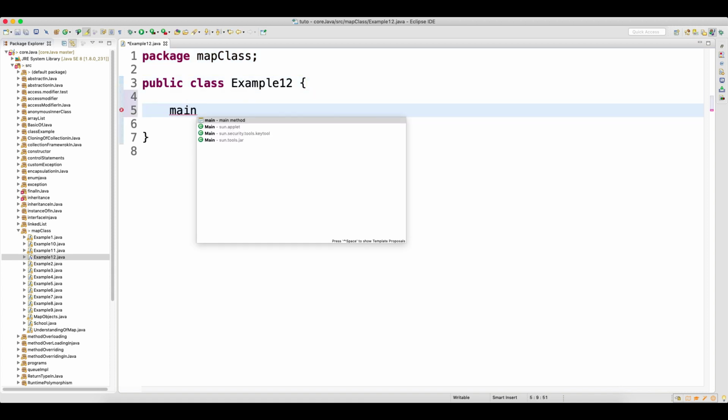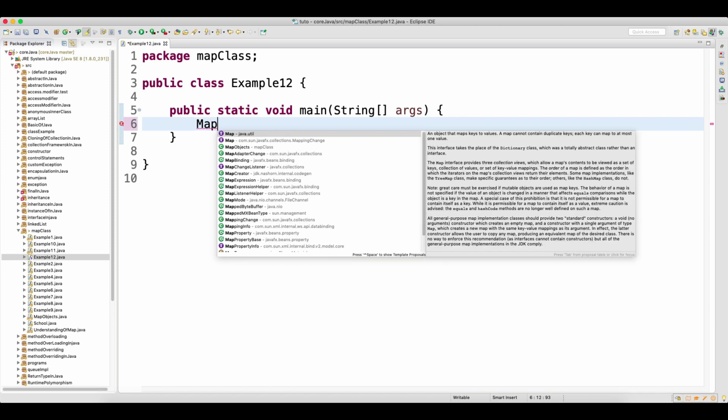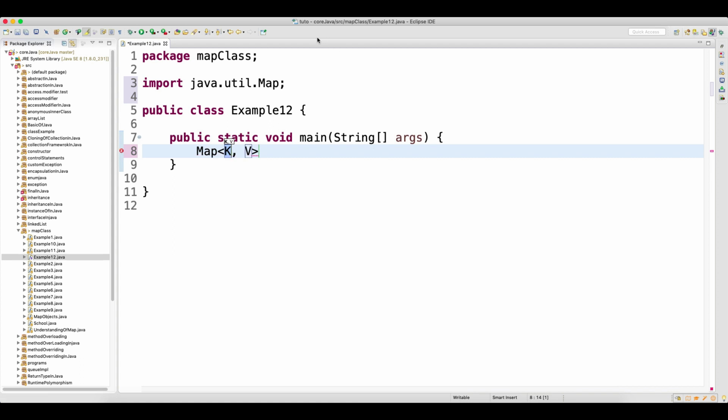and I will write a main method and then I'll create the reference of map. My data is going to be, so here I need to know what kind of data we are going to store. So I will store the custom type object. For that I will write one class inside the same Java file, and I can do that because we can create a default class in the same Java file. Yes, we cannot create a public one, but we can create a default one so that I can see what my object type is which I am going to store.